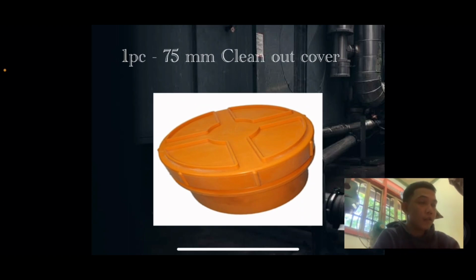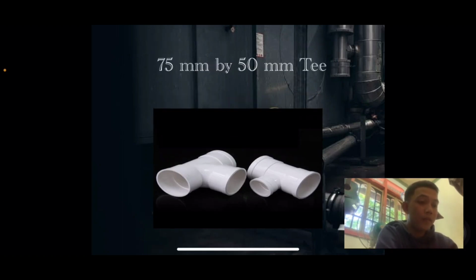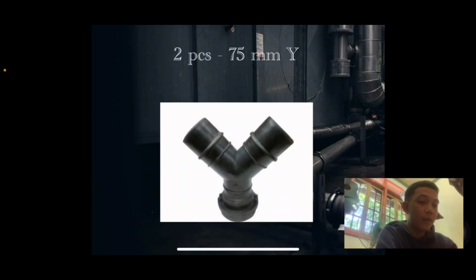So ano ang clean out? So sa isang drainage pipe kasi, meron siyang naka-incline na tubo para in case na magbara, doon lilinisin para mas madali. So ito yung kanyang cover. Okay? Next is 75 mm by 50 mm reducer na T. When we say T, ito yung nagko-connect din ng vertical and horizontal na pipe. Sunod is 75 mm by 50 mm T. Okay? 2 pieces na 75 mm wide,